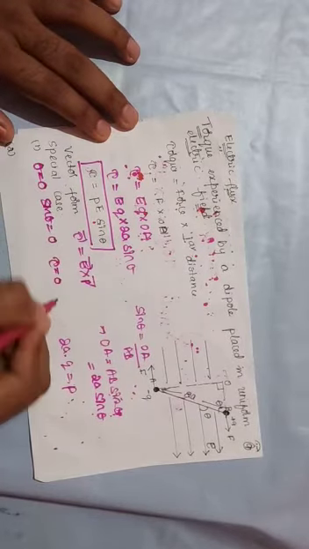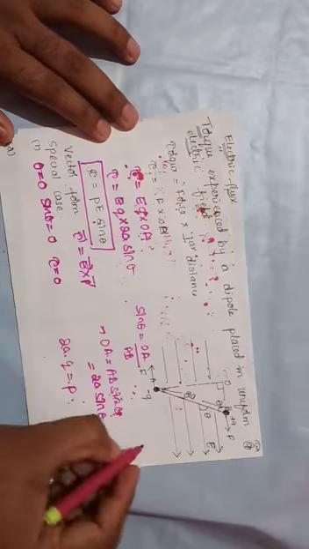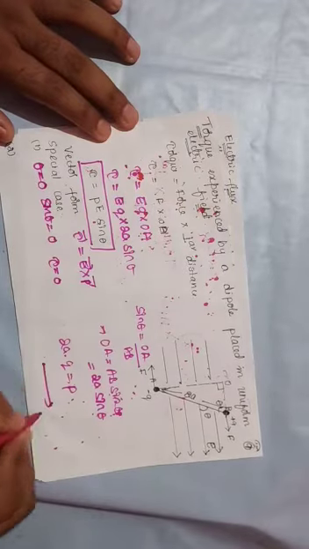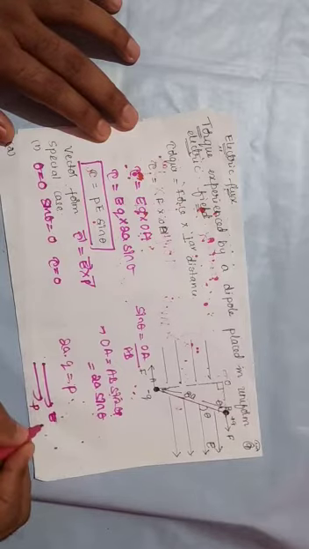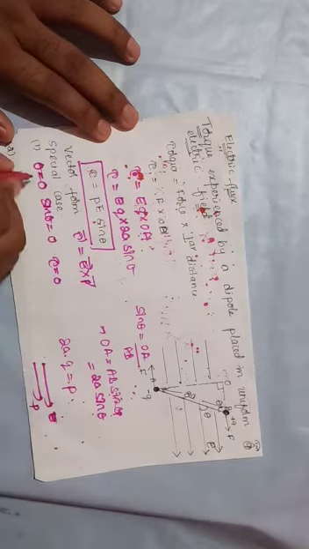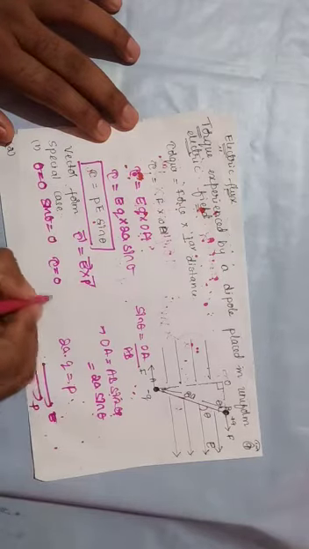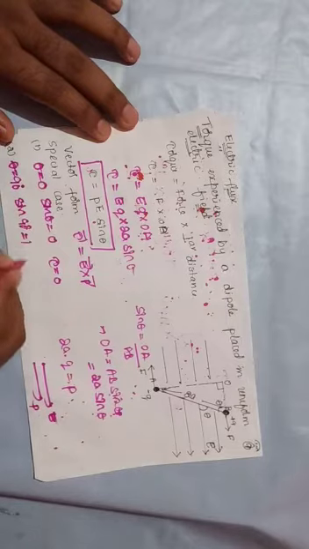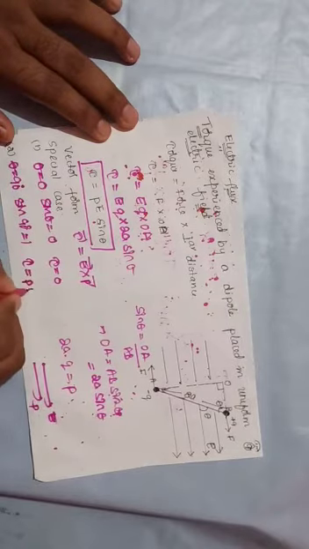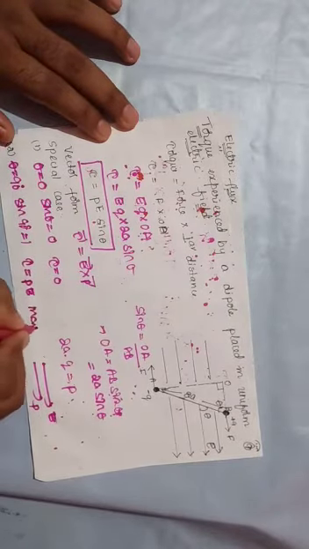Therefore tau is equal to 0. That is nothing but when the dipole is along the direction of the electric field. So the dipole and the electric field are in the same direction, then you are getting tau is equal to 0. In the other case, if theta is equal to 90 degrees, sin 90 degrees is equal to 1. Therefore tau is equal to PE, which is the maximum value.